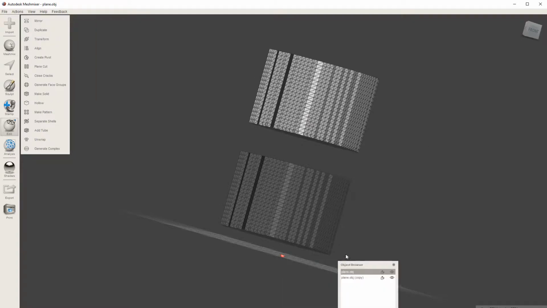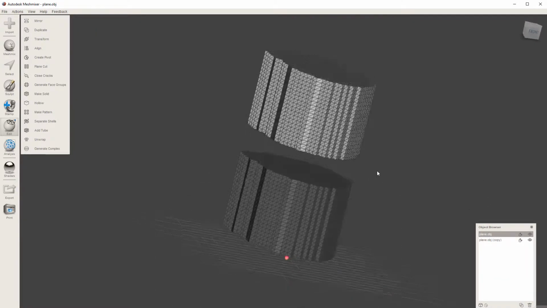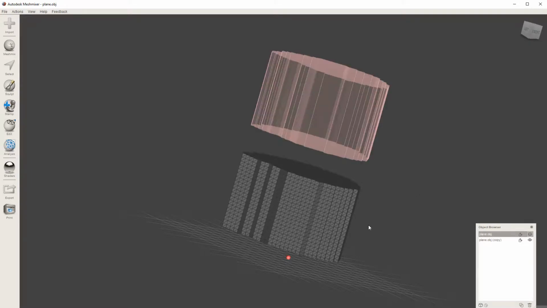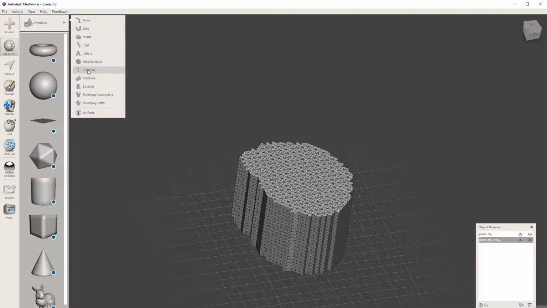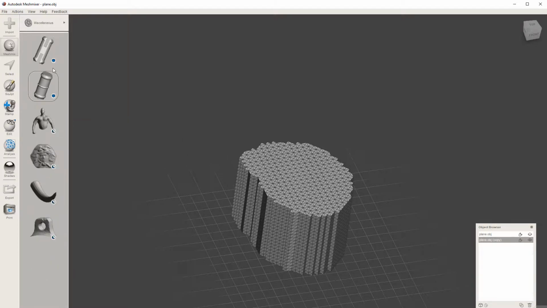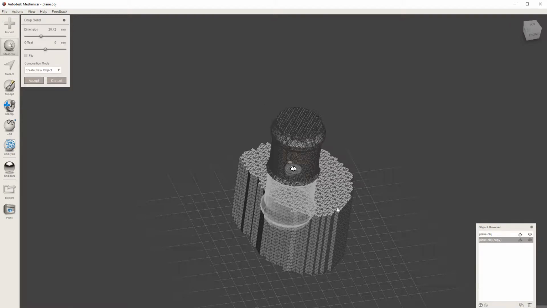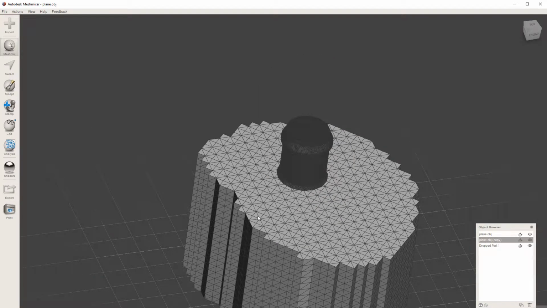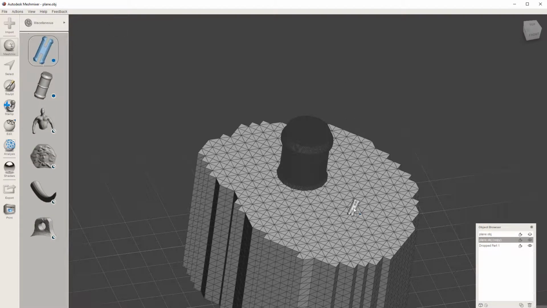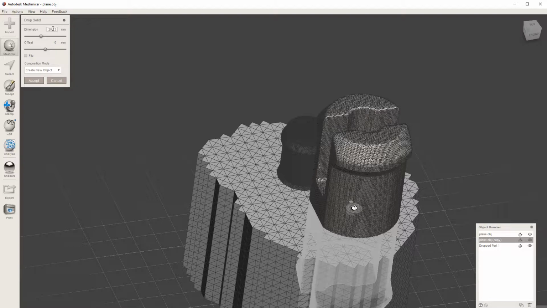All right, so we have two of these blocks, and how would we connect these together? I'm going to make one of those disappear. Well, Meshmixer has some built-in things to help you with that. If you click on Meshmix right here, and you go to miscellaneous, there's these pins right here. So this is a pin, and this is a hole for the pin. If we drag this onto our object, a little bit too big, but we can say that the dimension of this will be maybe 10 millimeters, and click accept. And if we click Meshmix and drag a pin onto here also for 10 millimeters,